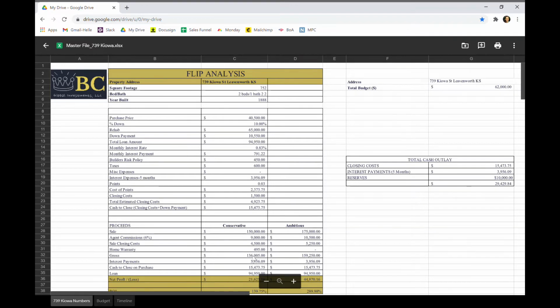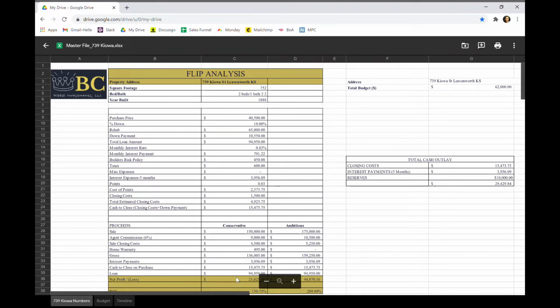So that leaves us with a gross of $136,000 on the conservative side, or $159,000 if we sell it for a lot higher. Once we have that gross amount, we're going to subtract out what we've already put into it. You're going to subtract your interest payment, all the cash to close, and then obviously the loan, because you've got to pay the lender back. So you're left with, worst case scenario,